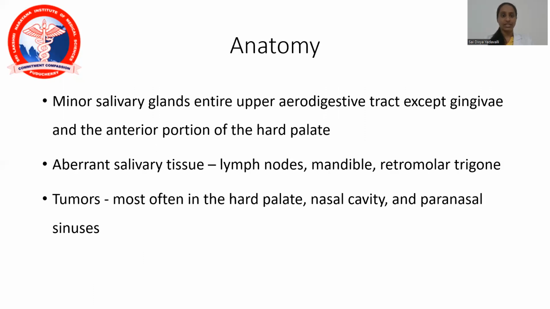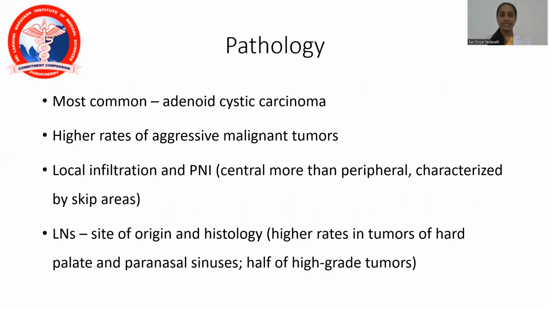Coming to the minor salivary glands, minor salivary glands can be seen spread across the entire upper aerodigestive tract except the gingivae and the anterior portion of the hard palate. Aberrant salivary tissue can be seen in lymph nodes, mandible, and retromolar trigone. Tumors most often occur in the hard palate, nasal cavity, and paranasal sinuses. The most common type of tumor is adenoid cystic carcinoma, which has a high rate of